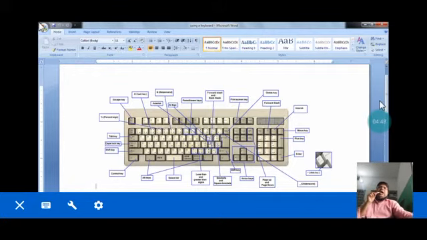You can see escape and your function keys. You can see print screen, home, pause. You have the numeric keys. You have the cursor movement keys. Here you have insert, home, page up, delete, end, page down. You have the numeric keys also having the special characters too. You can see tab, caps, shift key, control alt delete, and the space bar, the longest key on the keyboard.